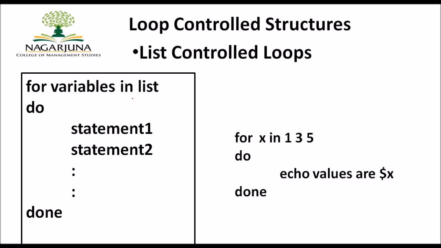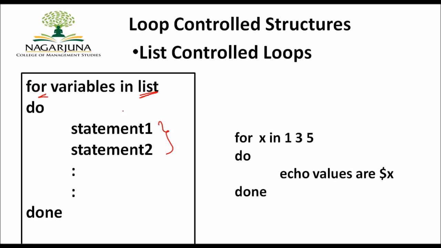Why we call it a command control loop is that the set of statements will be executed based on the provided condition. So the statements always have a dependency on the given condition. If the condition is satisfied, then the set of statements within the loop will be executed. That's with respect to the command control loop. And the best example for the list control loop is the for loop. So why is this called a list control loop? The reason is the set of statements will be executed based on the list of variables that is given. Hence the for loop is also called a list control loop.